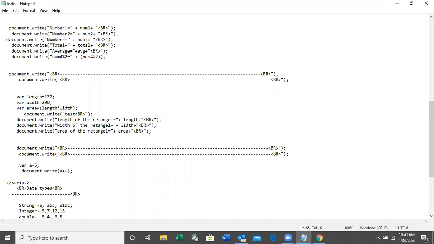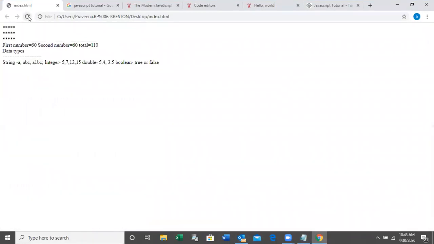First we have to calculate this. I am creating a variable called number and assigning a++, then printing the number here.